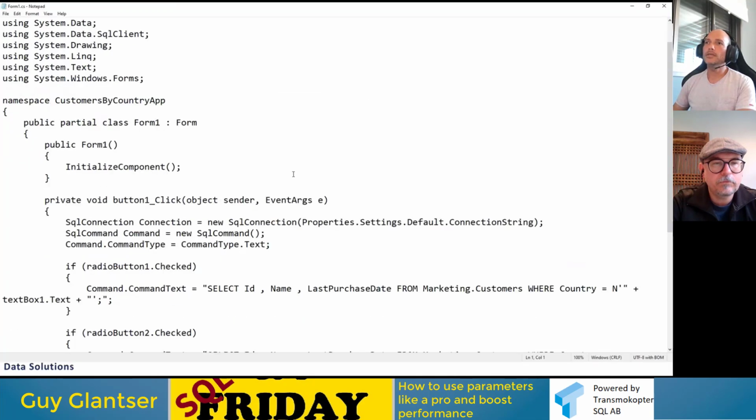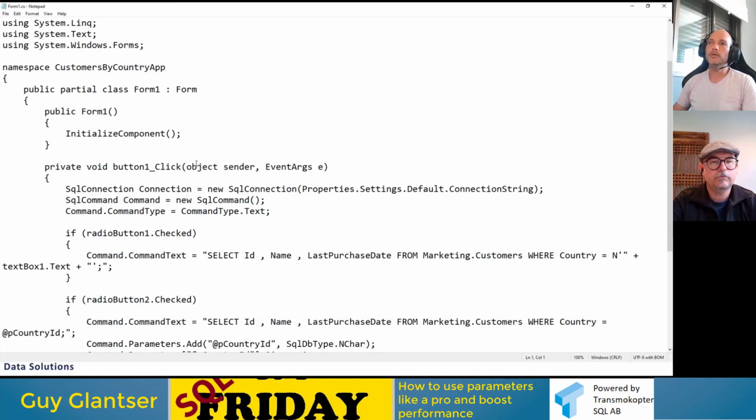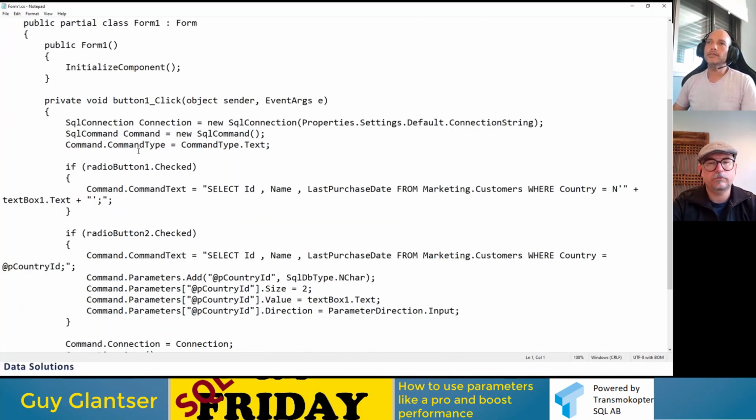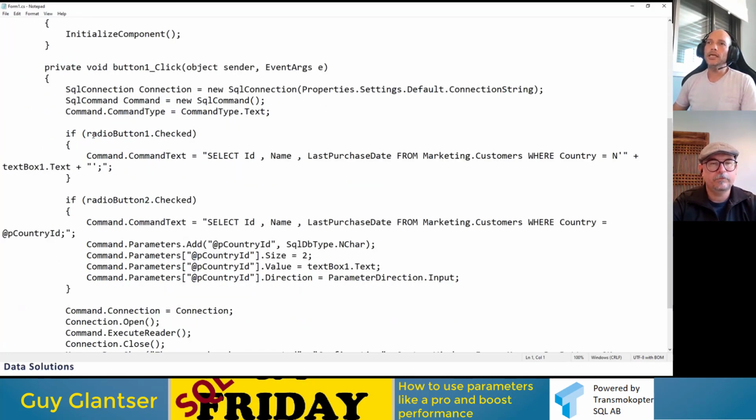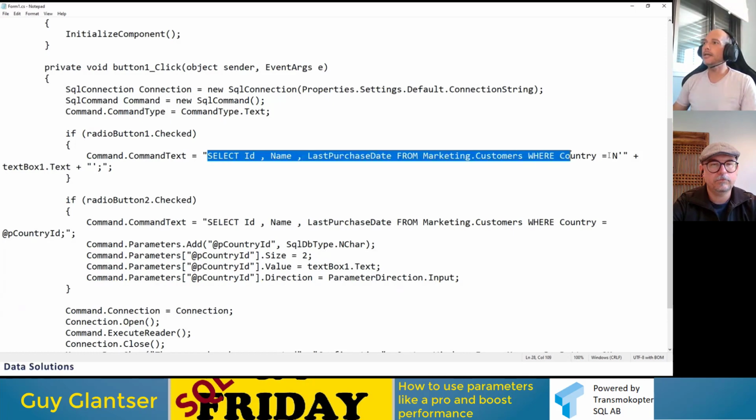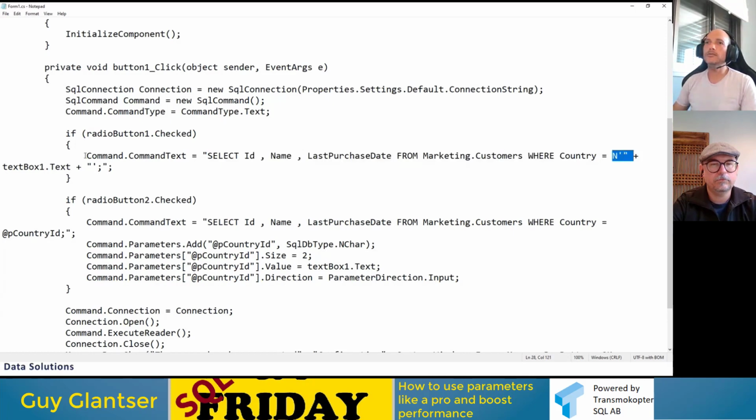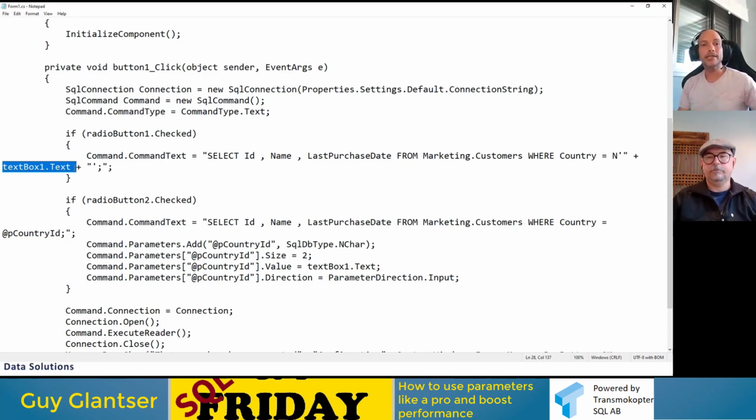Okay, so here is the C# code. Very simple. I'm going to open a connection, and then if I click the non-parameterized version, it puts in the command text the select, and then I concatenate here country equals the value of the text box, just like I did with the non-parameterized dynamic SQL, number 2 before. The same way, just coming from ADO.NET.